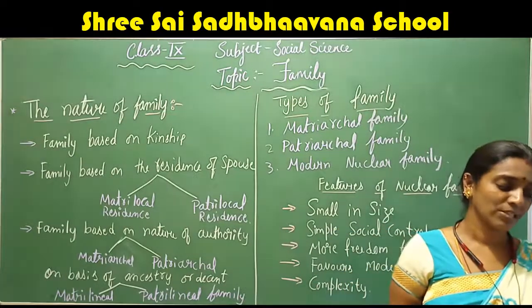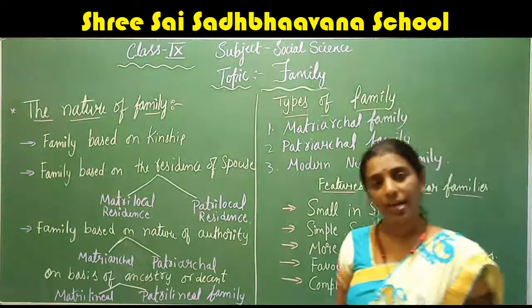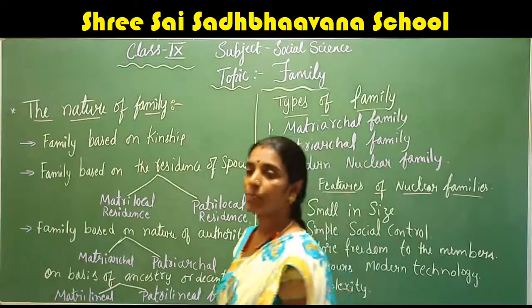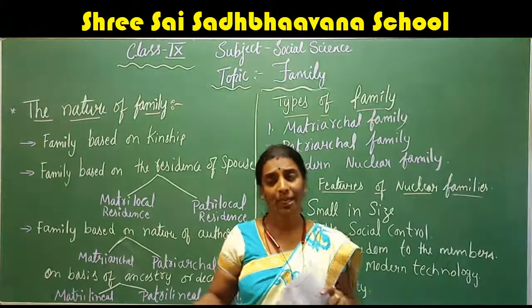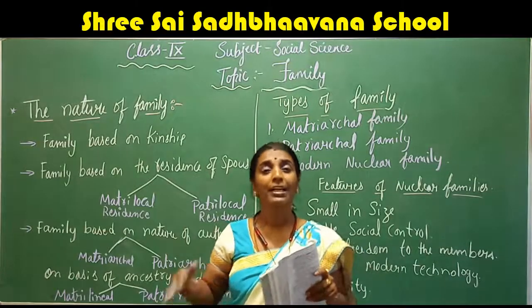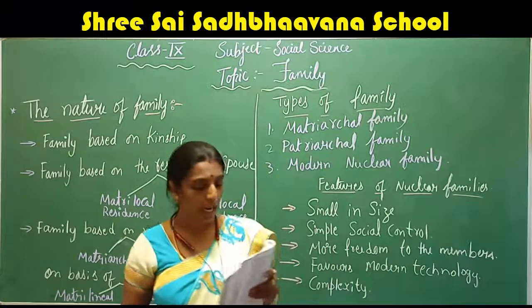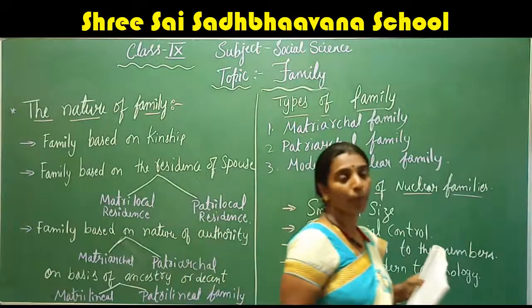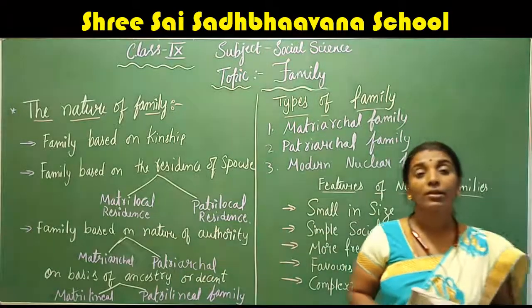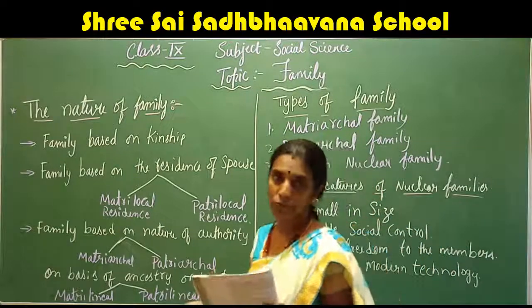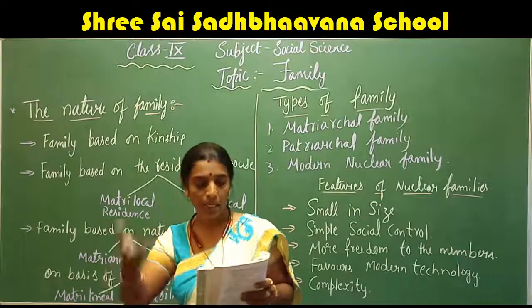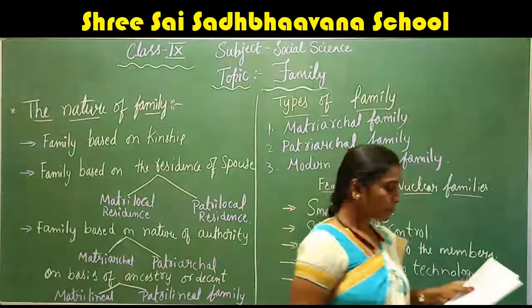And change in value system with regard to rights of property. Before, they were living together, so they didn't have the rights updated day by day. Because of this regard to right to property, they started to divide the property of their ancestors, and people started to live individually, which gave rise to the nuclear family.